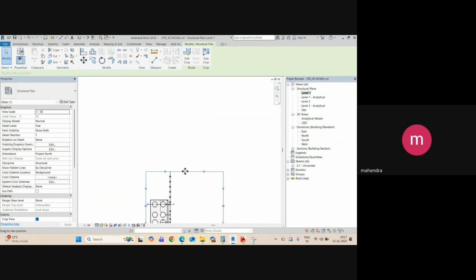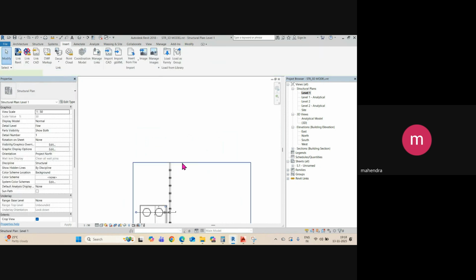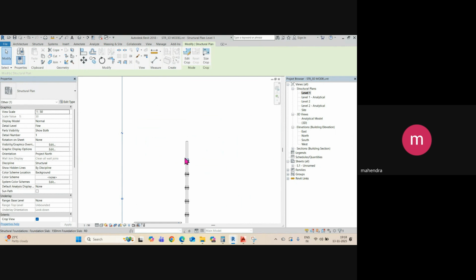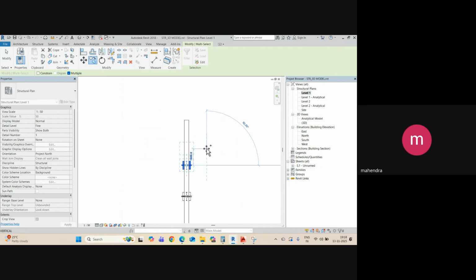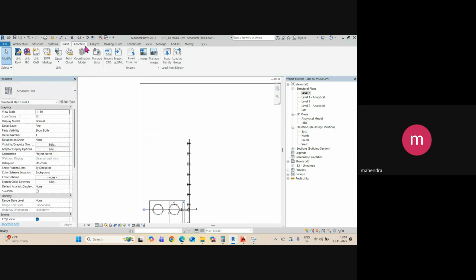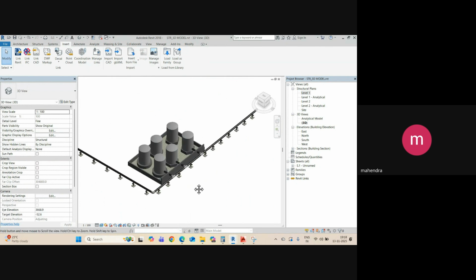Okay, so you can add this. Then again you can select and add a copy by 3 meter. Okay, so in the structural model you have updated the changes as per the change in the mechanical model,